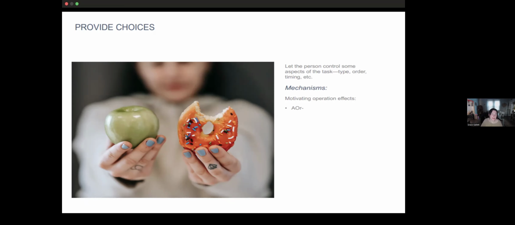And typically you want the break to be reinforcing, because not only is it going to reinforce them doing a good job with the task they completed, but you're going to build that behavioral momentum to continue to do the following tasks. So the staff at this point didn't provide a break, and we went from doing those dishes, even though it was very short, it was one dish, to, oh, this person enjoys cleaning, let's go clean the windows. And immediately there was challenging behavior because they went way too quickly from one task to another task.